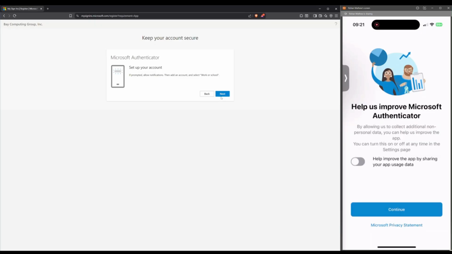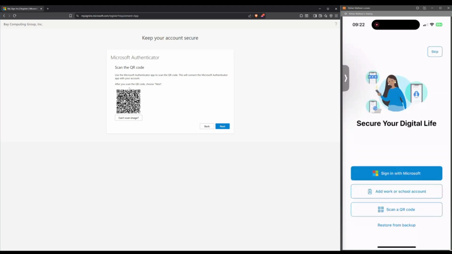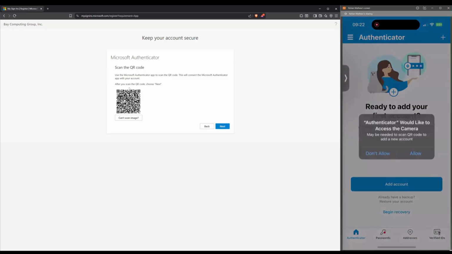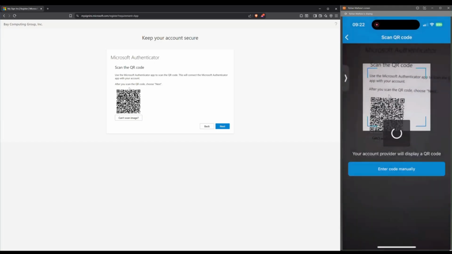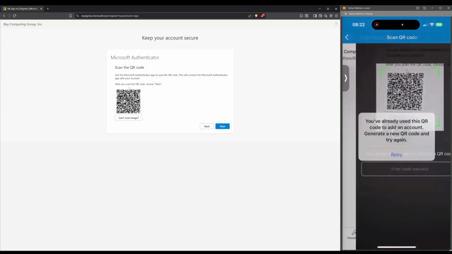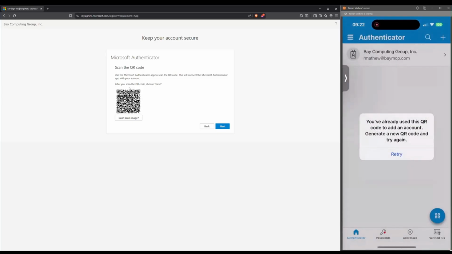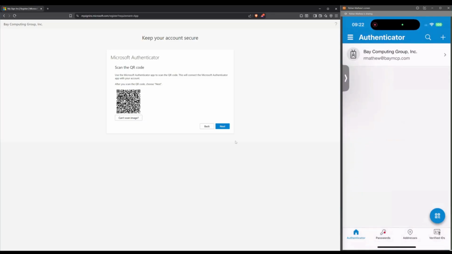So to set up our account, we're just going to follow what it says on the left. Scan this QR code eventually. I'm going to click allow on this, and then we are going to try and scan this QR code. We'll just allow the notifications as well. Looks like I accidentally scanned it twice, but it did connect. So you can see that it popped up with my company name,